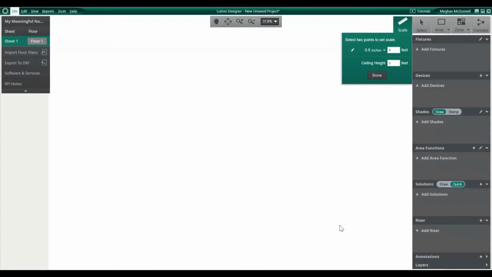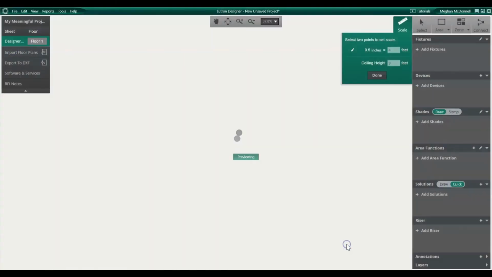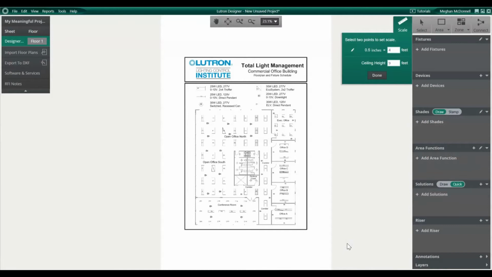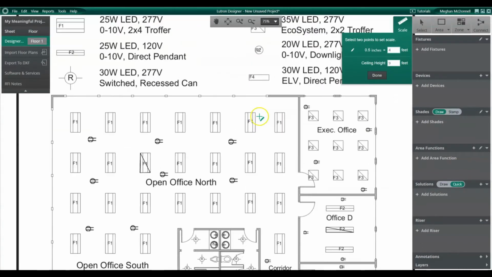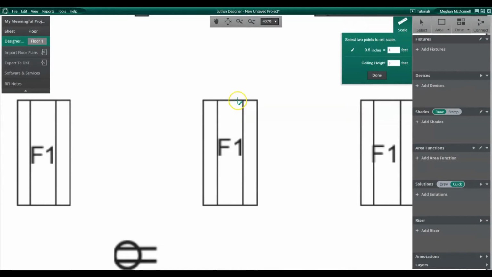Import your floor plans as PDF files or images. Set the scale to get accurate wireless and sensor ranges by drawing a line on a known distance. Let's zoom in using our scroll wheel. I happen to know this F1 fixture is a 2x4 fixture, so we'll start by clicking at the top and dragging down to the bottom and releasing, and setting that as 4 feet, and click Done, and that will set